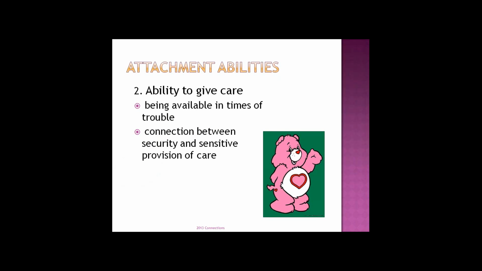Second ability is the ability to give care. Remember that old advice, do unto others as you would have them do unto you? That's really what I'm kind of talking about. Sometimes the journey of doing your own healing has you so focused, you forget to be a safe person for others. Or perhaps because you didn't see people as safe, you didn't have that experience, you have no idea how to be that safe person for others. So the challenge here is that each of us has to develop an ability to give something for the other person to attach to.